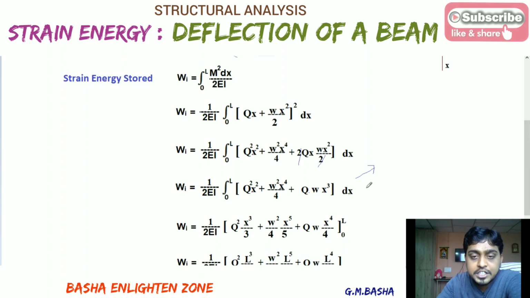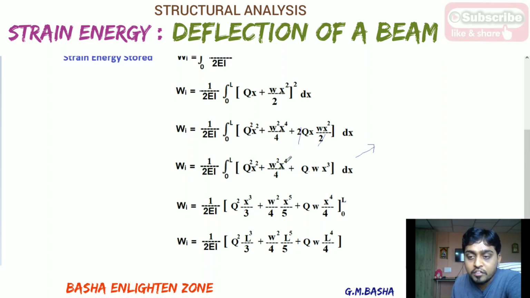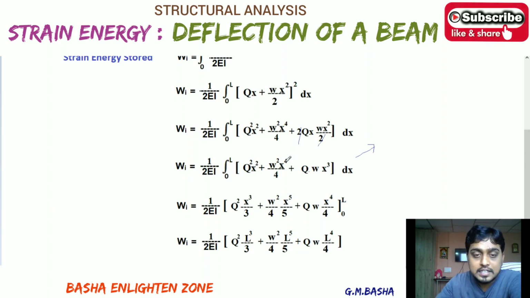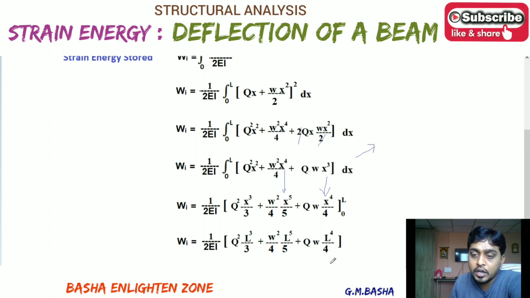Then in the next step I am applying integration for the x term, that is the integral of x dx. So what is the formula for the integral of x dx? x to the power of n+1 by n+1. See here, the integral of x² is x³/3. Similarly, the integral of x⁴ will be x⁵/5. Again, the integral of x³ is x⁴/4. So that is upper limit minus lower limit. Take them individually, or else take them combined like this.